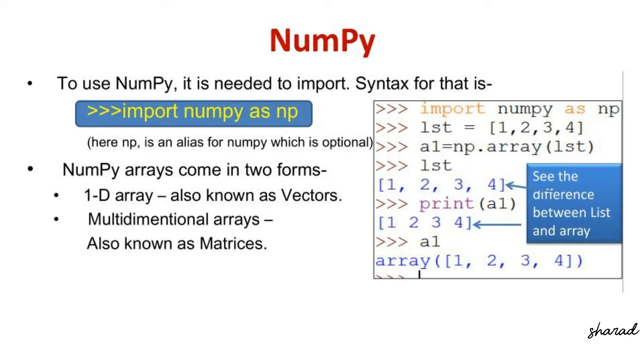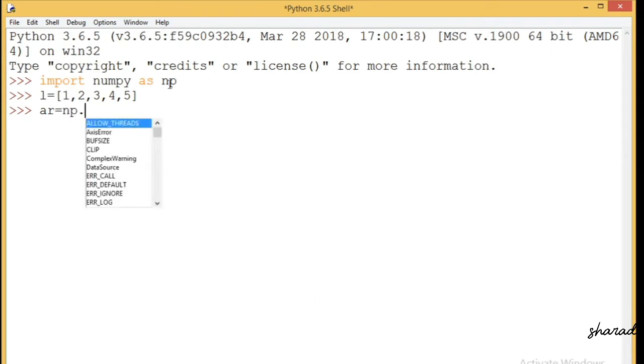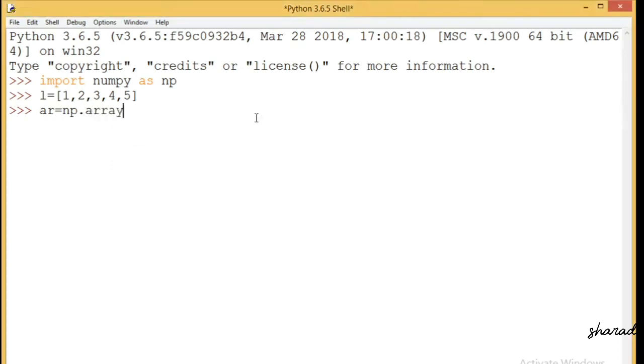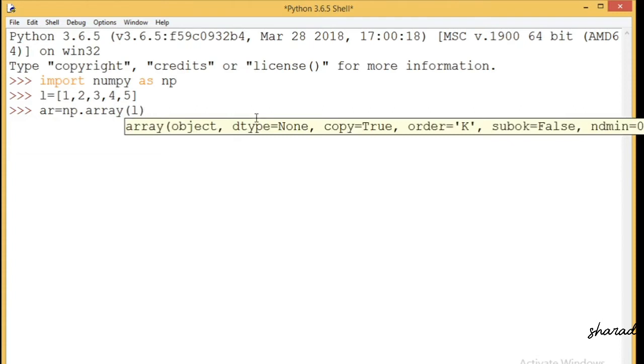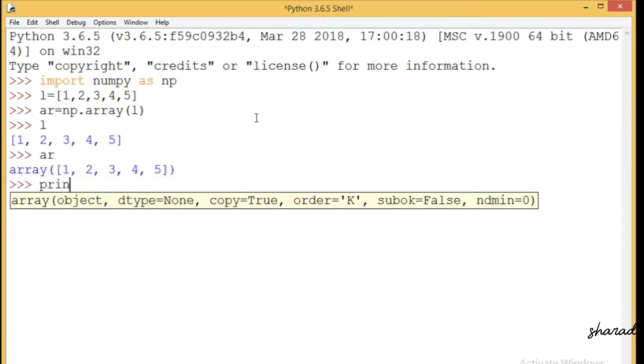If we type print, in the bracket we write a1, here our array will be displayed. An array is created containing elements 1, 2, 3, 4.